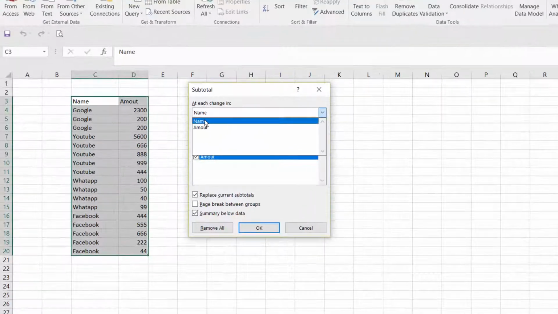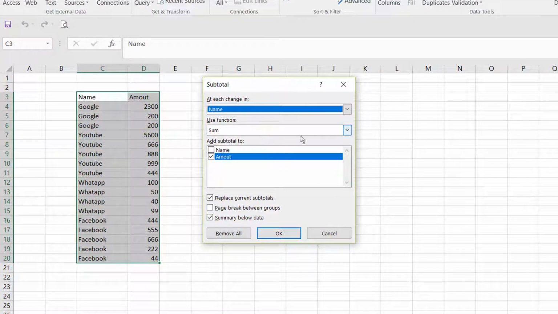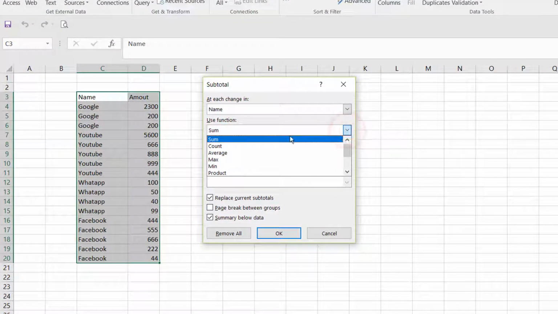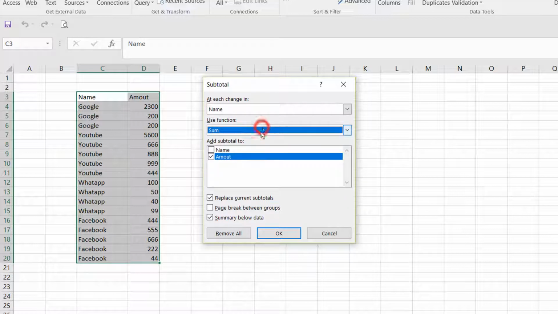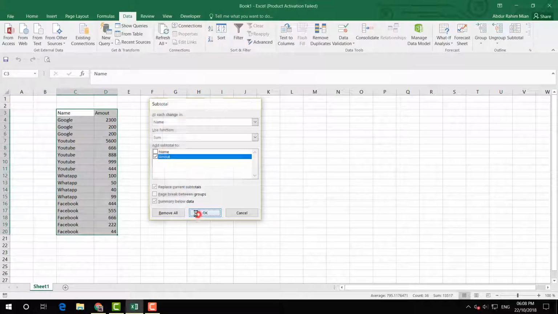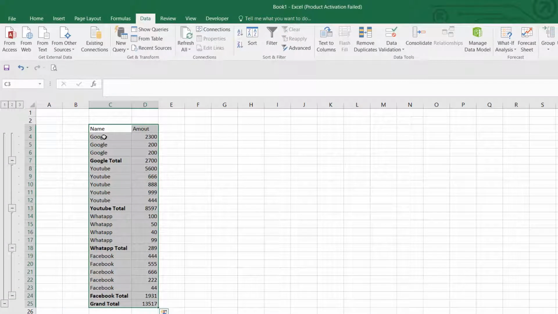So I'm going to choose name, and then use function, whatever you would like to do, like sum or count or average or max. I'm going to choose sum, and then here add subtotal to amount. So simply I'm going to click OK, and then you will see, magically, Excel will do the subtotal for me